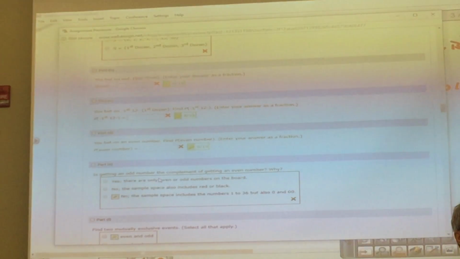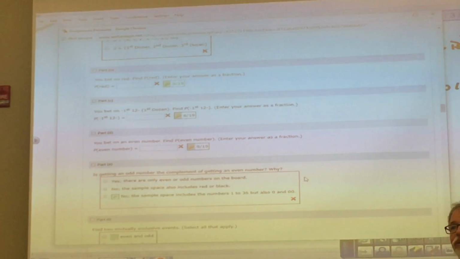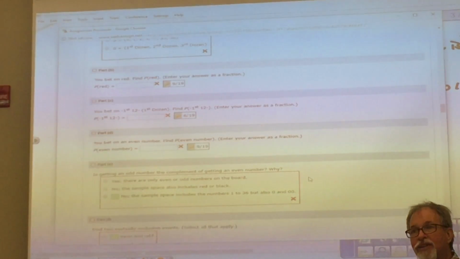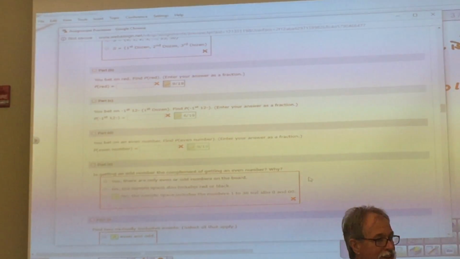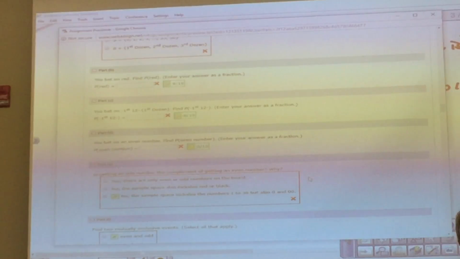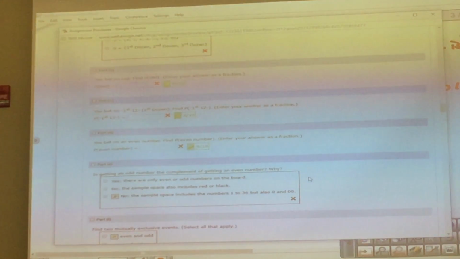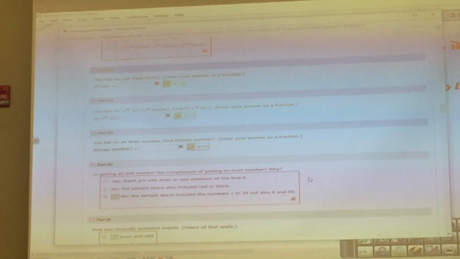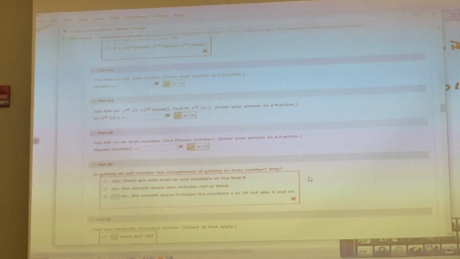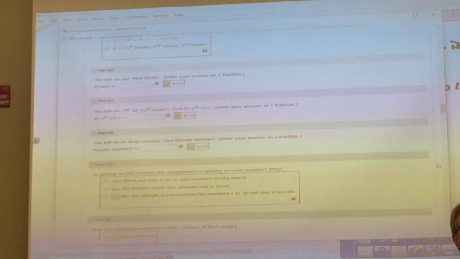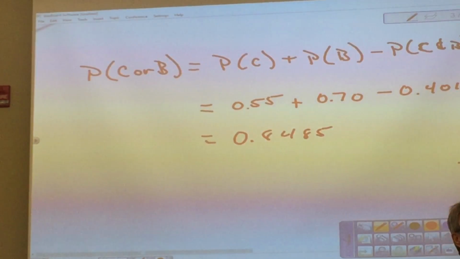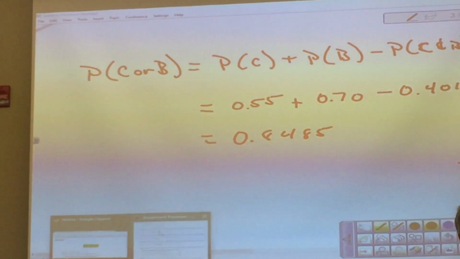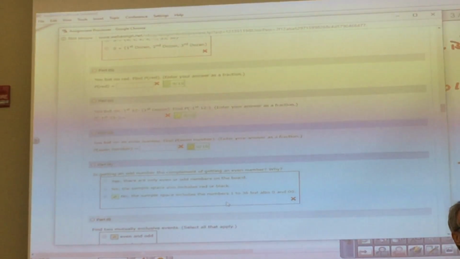Is getting an odd number the complement of getting an even number? No, because of the zeros. What is the name for zero? It's not odd or even? So the even numbers would be 18, 20 out of 38. And then the odd numbers would be,